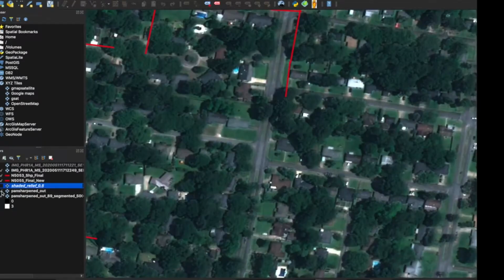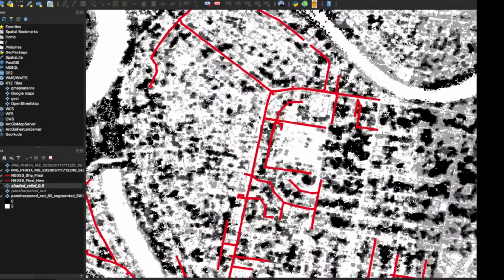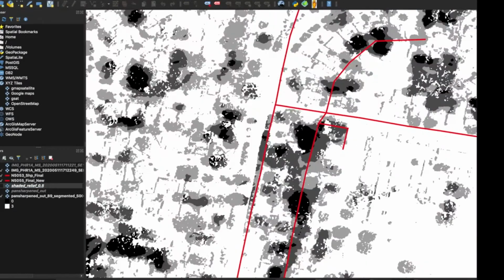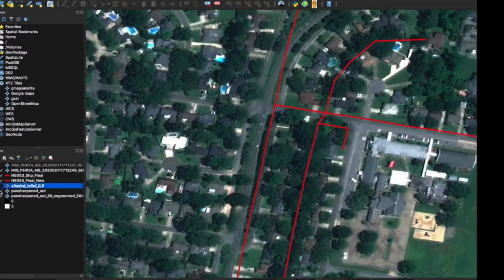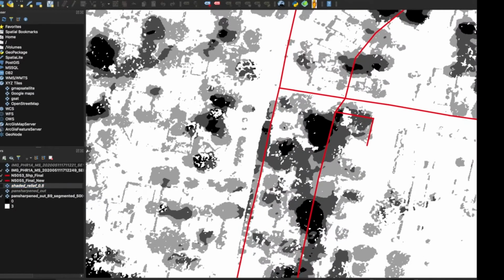To validate the performance of the model, we can quickly check whether this data is correct or not. As you can see, this is a distribution line running across a road, and it is going through a dark gray patch.